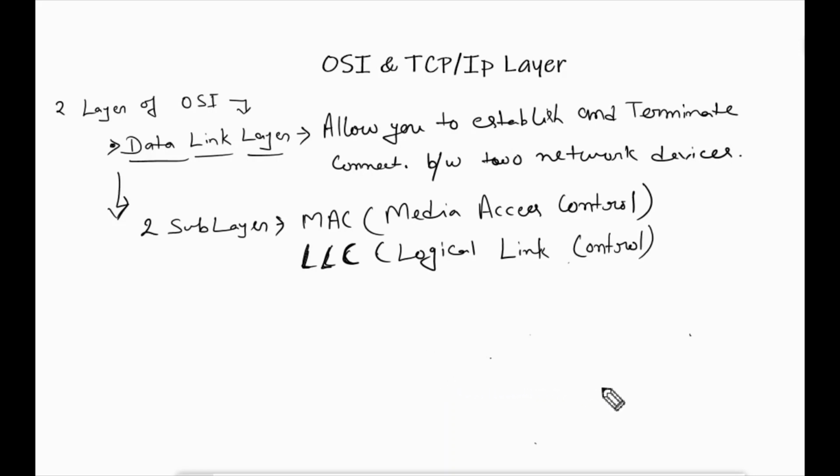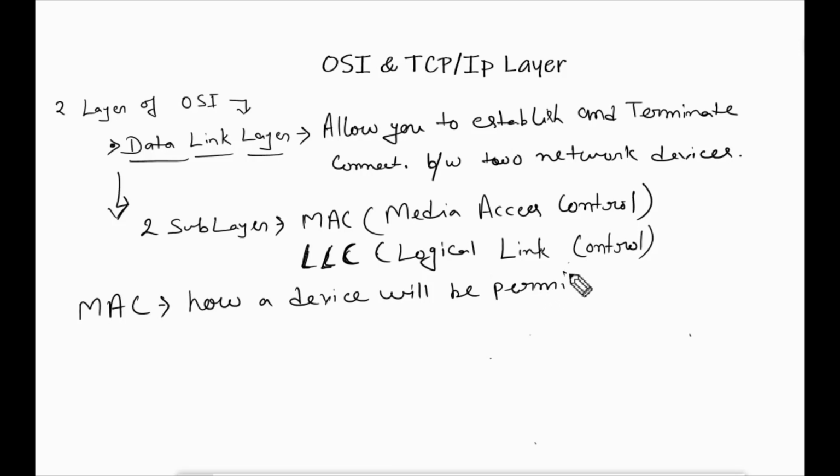MAC layer defines how a device in a network gains access to the medium and permission to transmit data. So the MAC layer defines how a device will be permitted to gain network access, where LLC defines